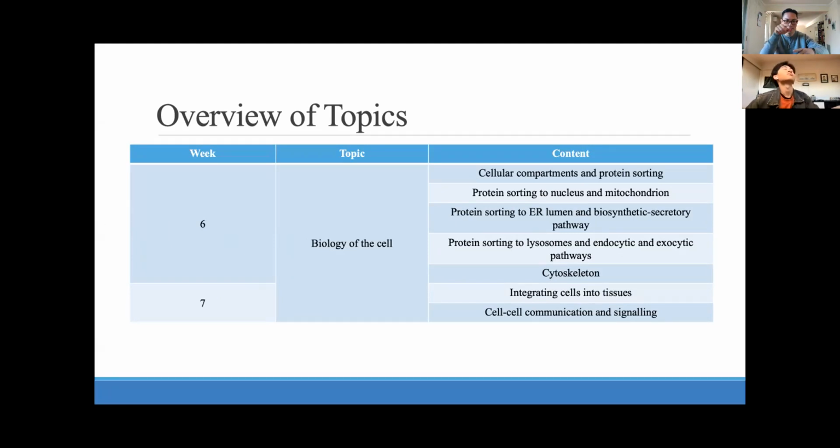Clathrin is like the frame. All the little bits of frame fit together to form the shape of the vesicle. You learn about how that works, cytoskeleton, and trafficking of things within the cell from one place to another. And then cell communication signaling. I don't really remember too much about that specifically, but the main emphasis here is on how things are moved throughout the cell and the different pathways and processes to take in things, to degrade things, to make things.